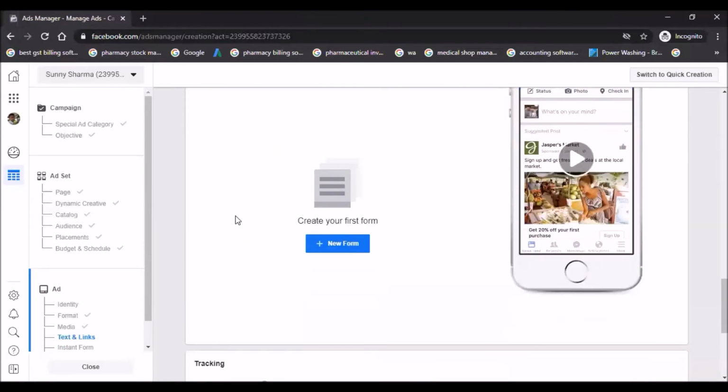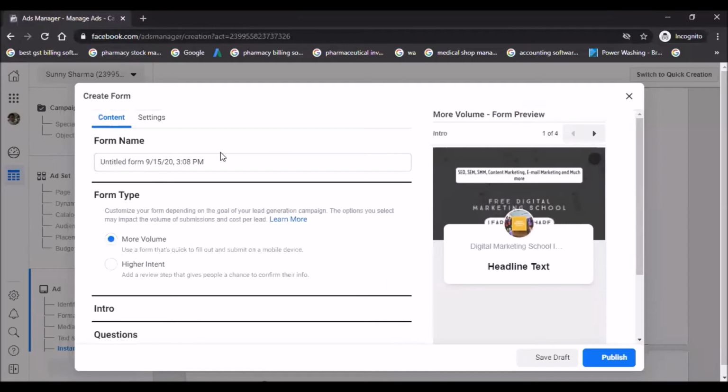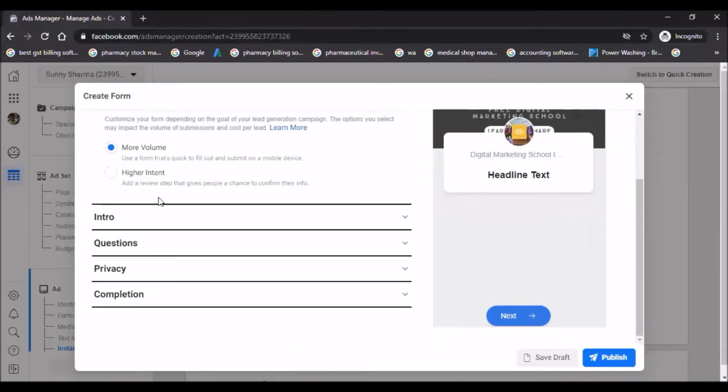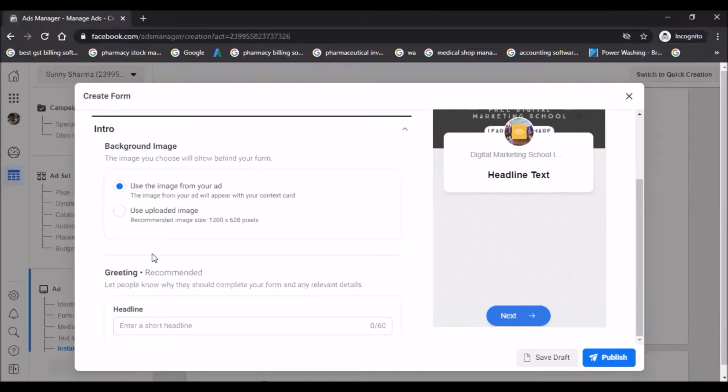You can select any one. Now the option to create the form. Fine. Form means the information you will collect from your traffic, right? What you want to collect, right? Like first name, phone number, email.